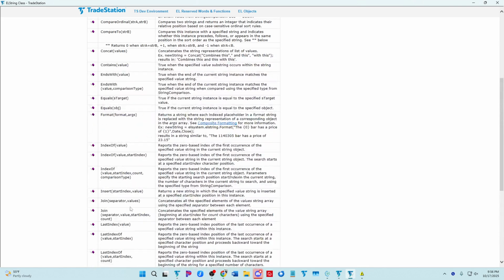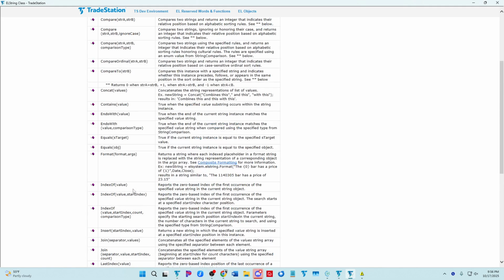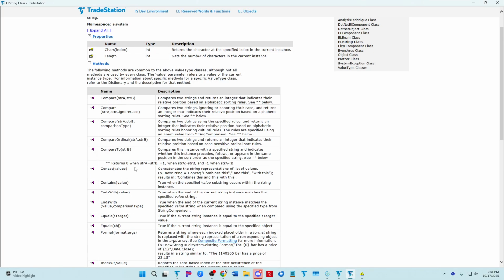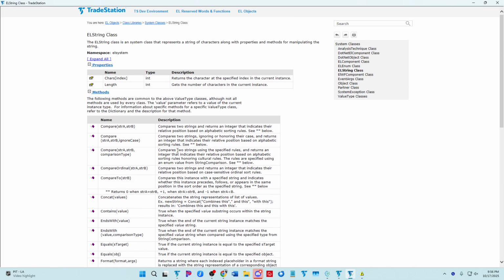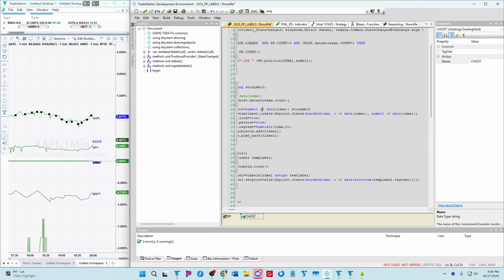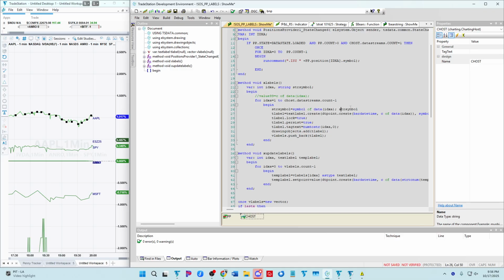Substring start index, remove index, insert. I don't want to just insert stuff. Ends, concat, compare. Yeah, I feel like it was a string format. String format, then args. String format. So we're going to do string symbol again. And then